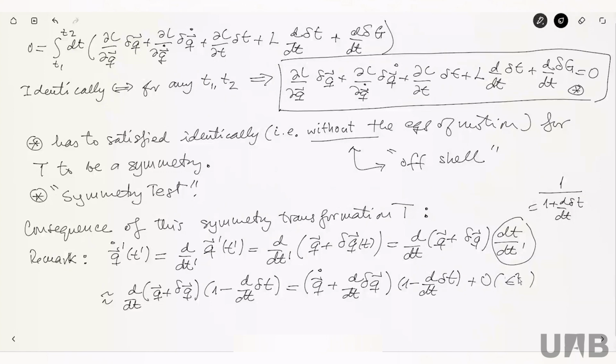Order epsilon squared here, and also here, plus order epsilon squared. All right, so